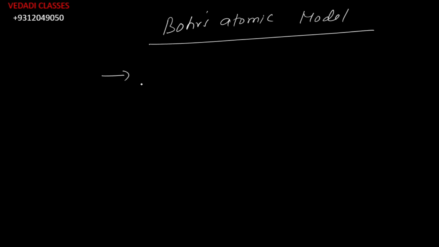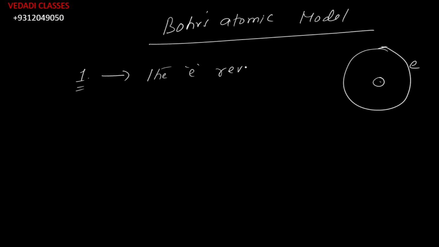He said that it's okay that the electron will revolve around the nucleus, but not only in a circular path, in a fixed circular path. He used the term fixed circular path. So what was his postulate? His first postulate was that electrons revolve around the nucleus in a fixed circular path